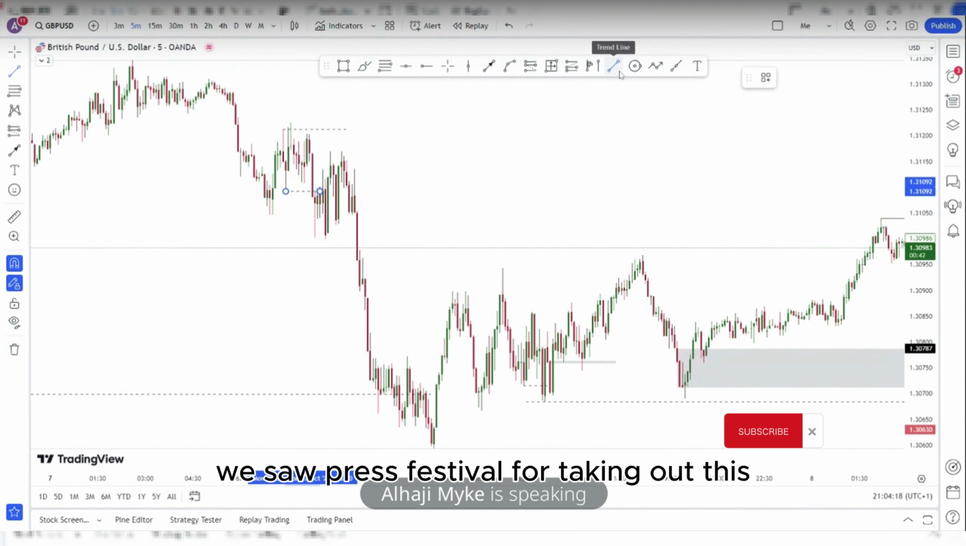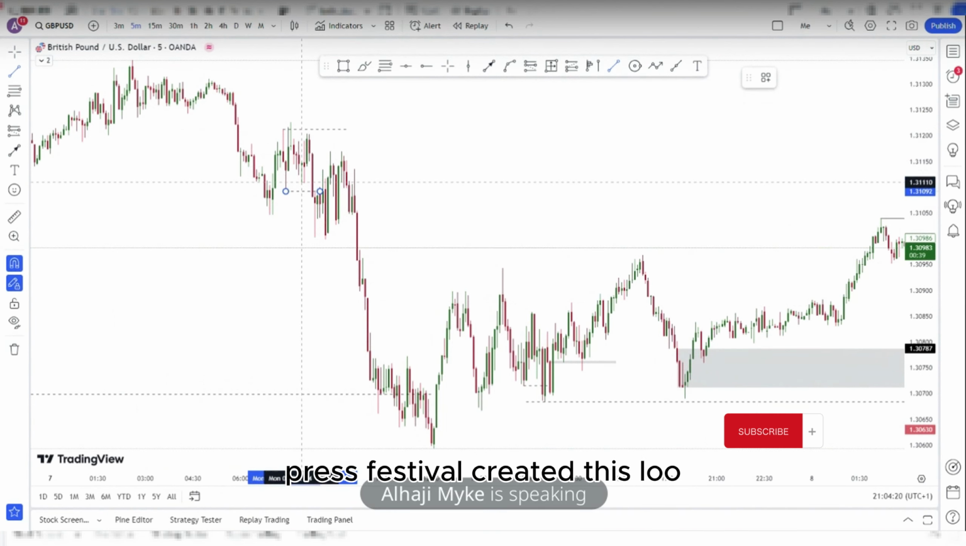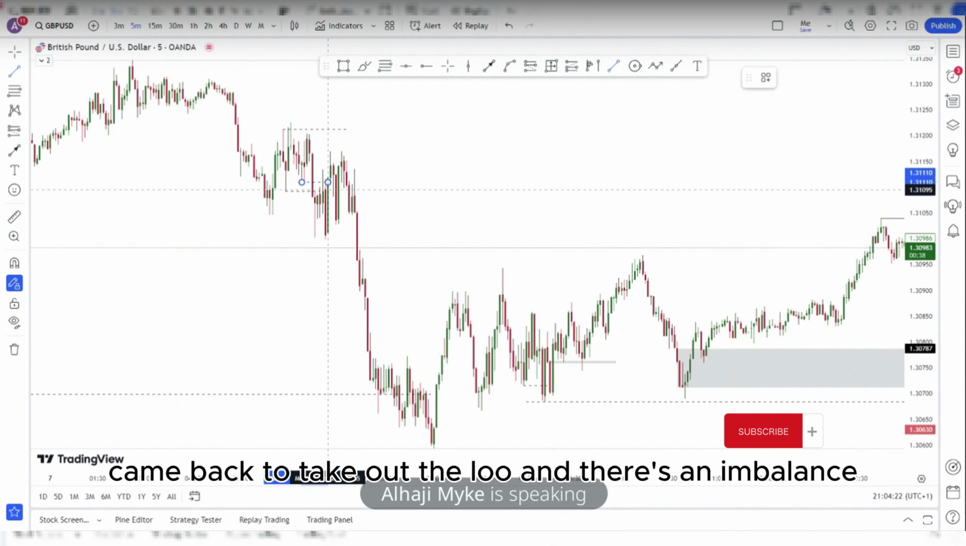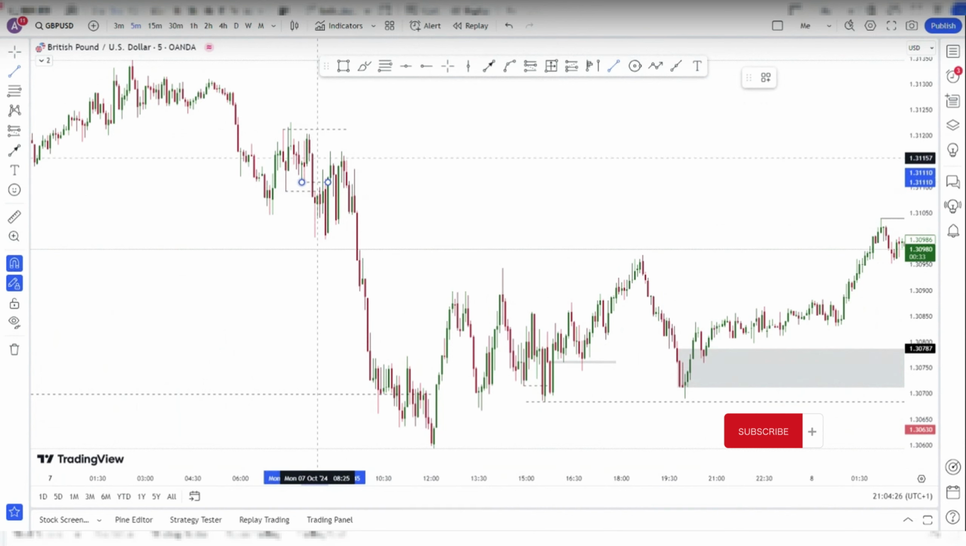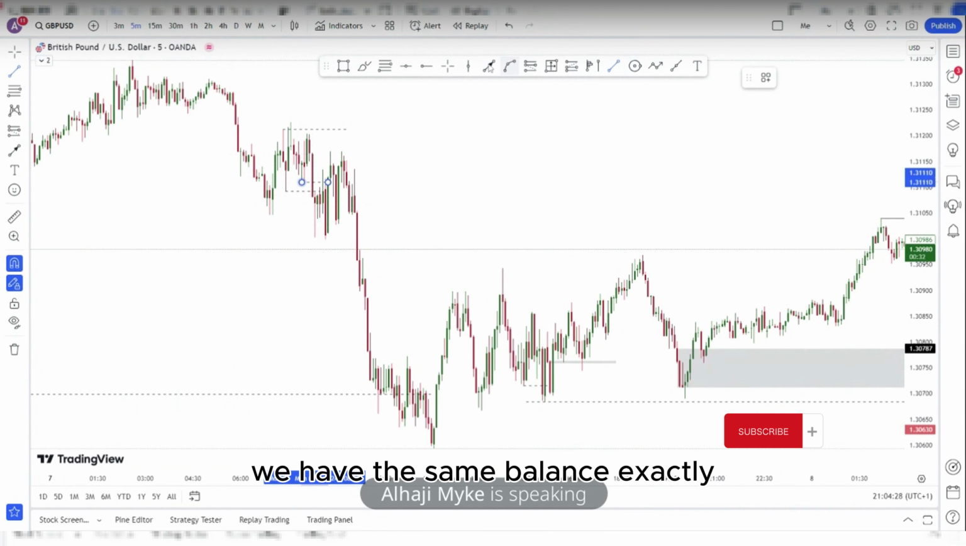We saw price first of all taking out this. Price first of all created this low, came back to take out the low, and there's an imbalance existing through. Yes, we have this imbalance. Exactly. So now